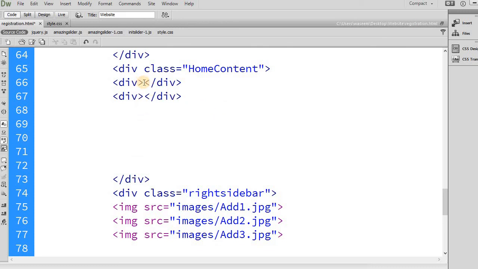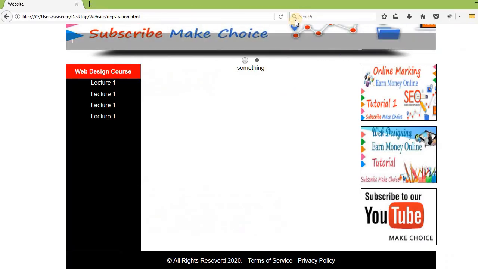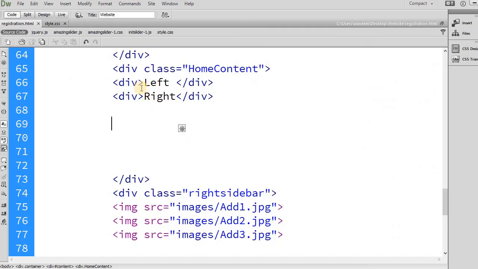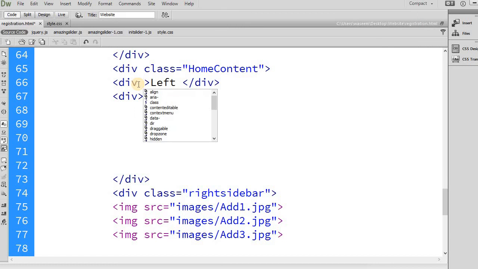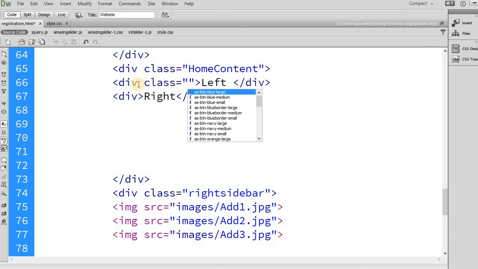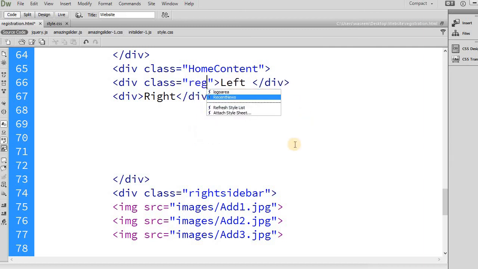Right now, I will write here left, and here I will write right. Now I will put a class for these divs, because as you will see, right now there is nothing happening. Why? Because we have not written any CSS for this. So for writing the CSS, I will write here class. I will write any name; like we are in the content, so I can write here registration